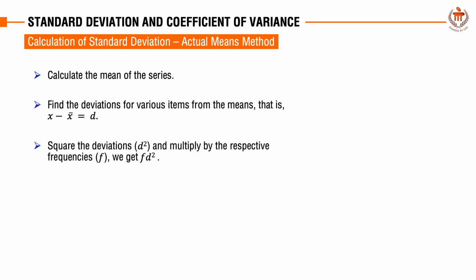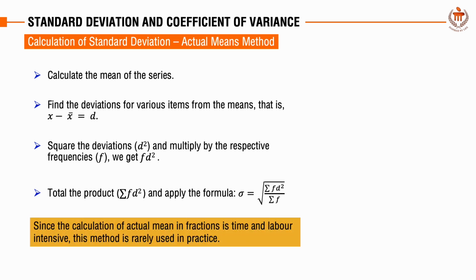Okay, and then we need to do the squaring of the deviation and multiply by their respective frequencies to get FD square, and then we need to take the sum of FD square and apply the formula, which is sigma is equal to square root of summation of FD squared divided by summation of F. Since the calculation of actual mean in fraction is time consuming and labor intensive, this method is rarely